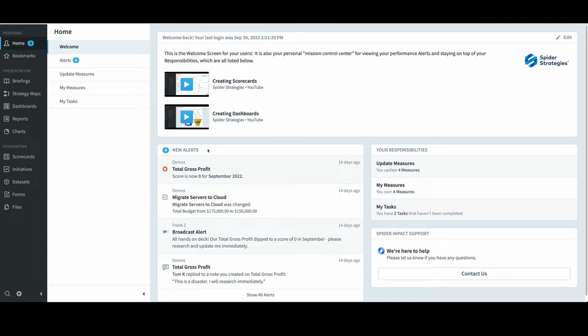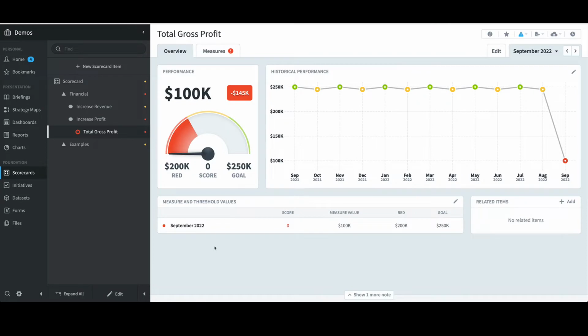Scoring and colors play an important role in Spider Impact. In the new alerts section, I immediately see the impact of colors. The first alert shown is highlighting a red value for the total gross profit measure for the month of September. If I click on it to investigate, I get down to a detailed view where I can see coloring being